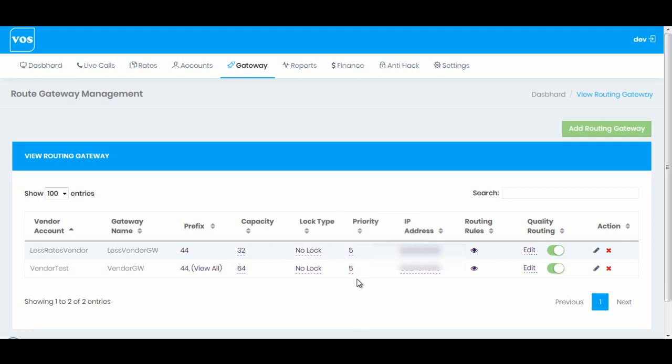Okay, now I'm going to pause this video and allow the system to run the rules and change the priority accordingly. So I'm going to pause the video, then I'll start again. Okay, the system has run the rule. Now, as per my defined